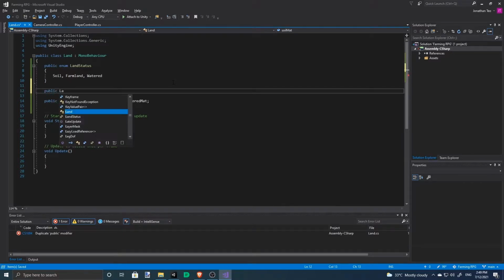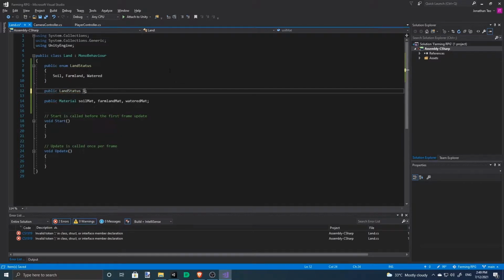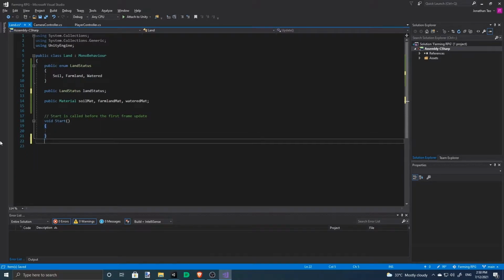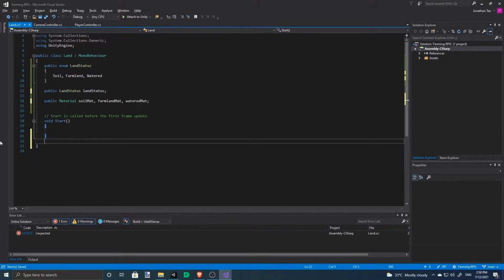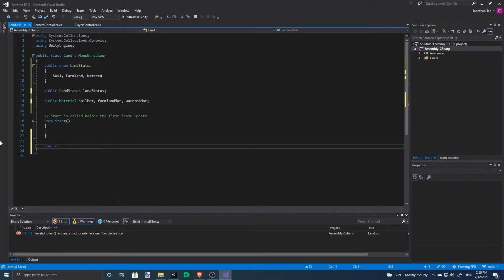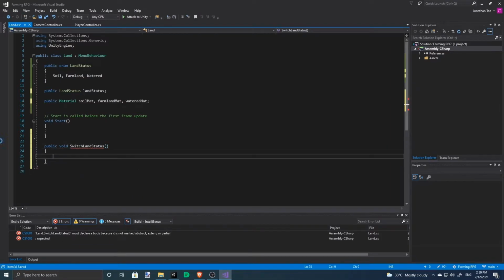We also need a land status. We don't need the update. So let's make a function to handle the land status. Let's call this public void switch land status.